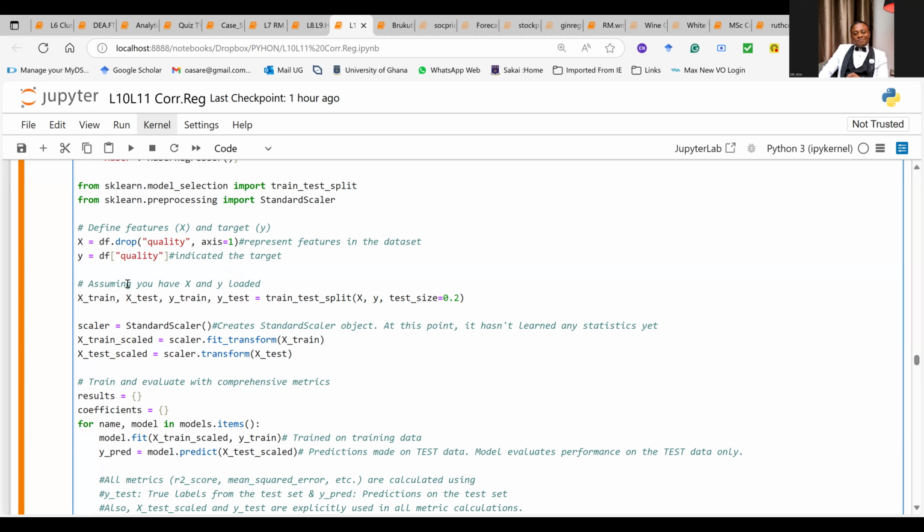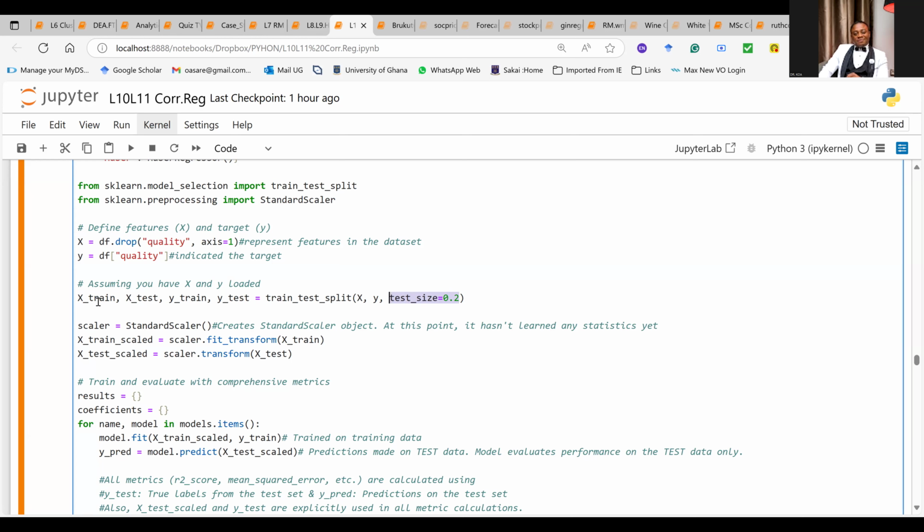The next thing is to now split the data set. And this command does the job easily. So xtrain, and please note that the splitting of the data set, you are splitting the data set on both the target as well as the features. So xtrain is going to be all these. Look, you can pick out this one alone and you see. The test size is 20%, which means that you are indicating that 20% of the data should represent the test, which means 80% of the data is representing the training data set.